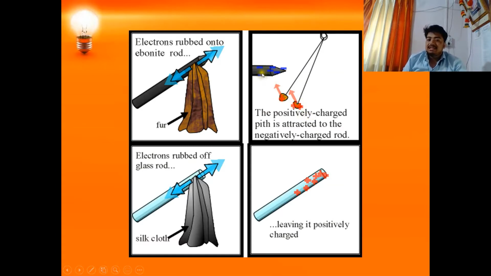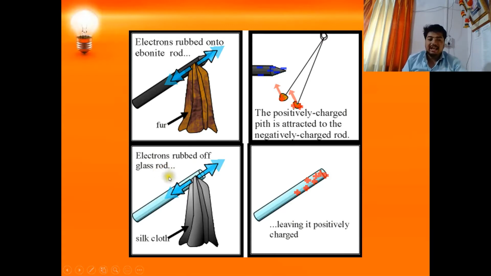Now, when I take this rod near some pieces of pith, it gets attracted because the pith is net positively charged and the ebonite is net negatively charged. And as we know, unlike charges attract each other, like charges repel each other. So unlike charges are here, and this pith, having less mass, gets attracted towards the ebonite rod. This is called electrostatic attraction.